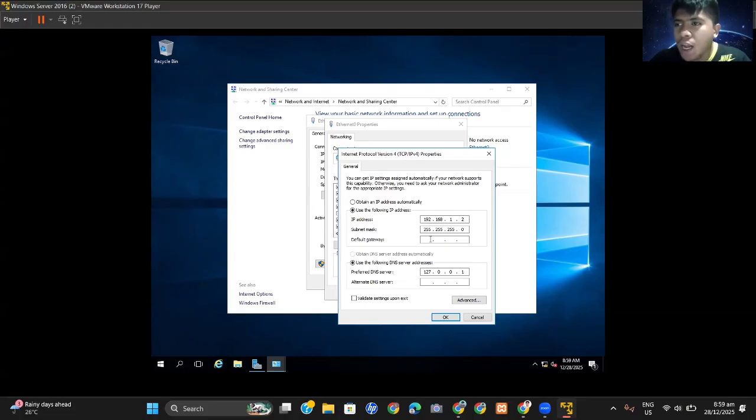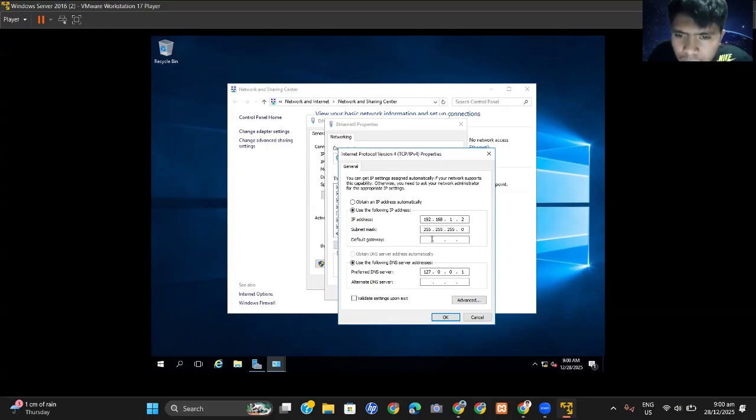But for the demonstration process, we can do it again. So as you can see, you can add a default gateway, but in this demonstration process you can optionally add it.